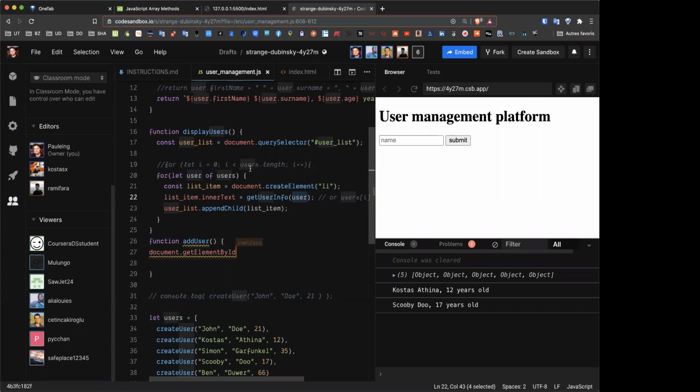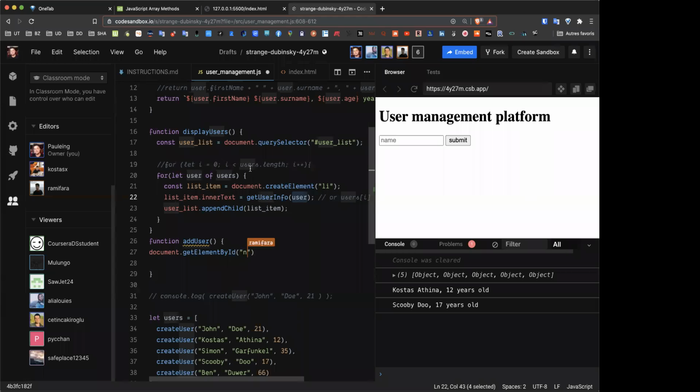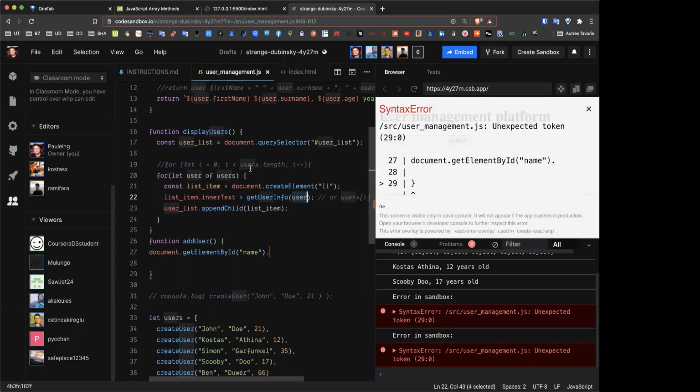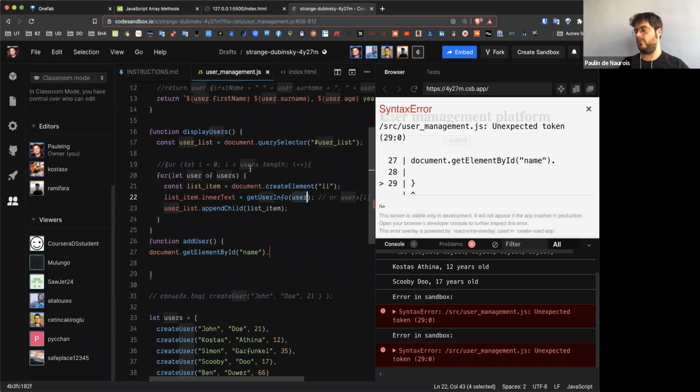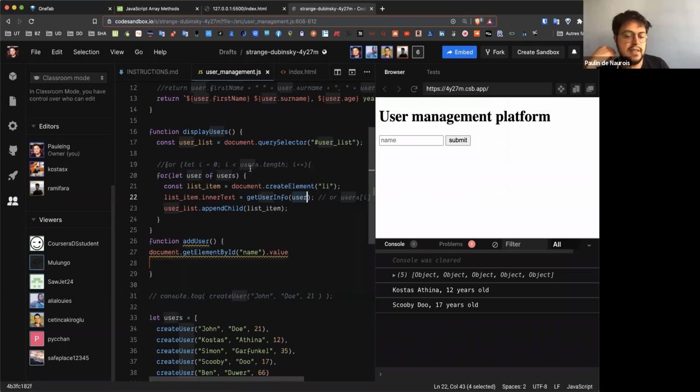Okay, I was going to describe what he's doing. Rami is getting the text input element by name, and that value, yes, value exactly. So that means you're getting the value of the input element, and now we want to add a new